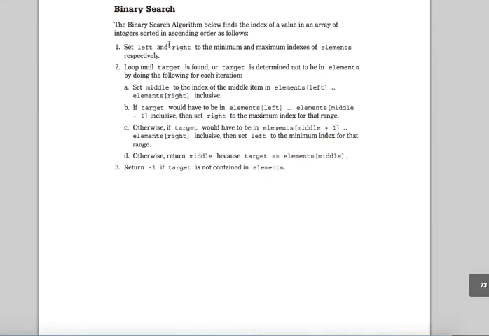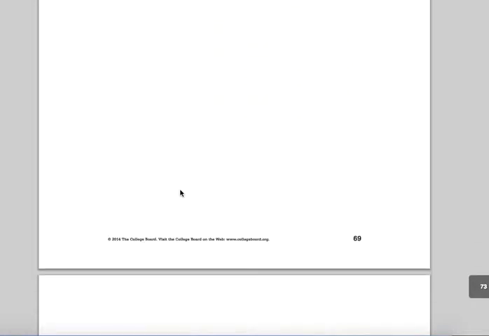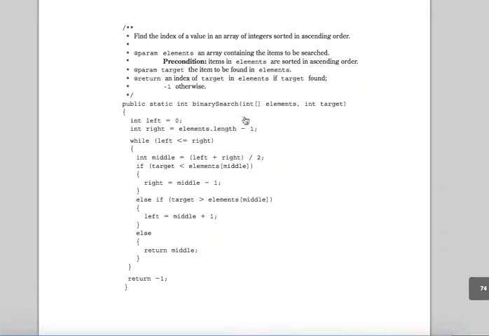Following on with binary search. The idea is it's the same problem, only this time the array is actually sorted from least to greatest. As they say, precondition, elements are sorted in ascending order. In that case, we could be way faster in how we search for this target. For example, if you have an old-fashioned phone book, a big, thick phone book, and the names are in alphabetical order, and you're looking for